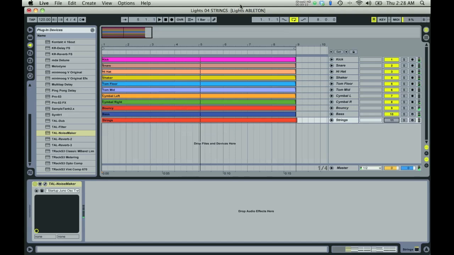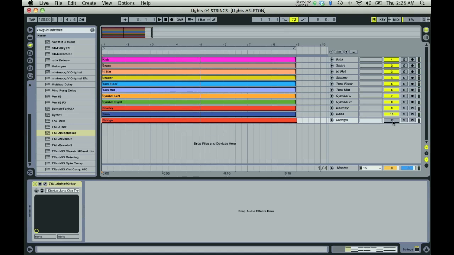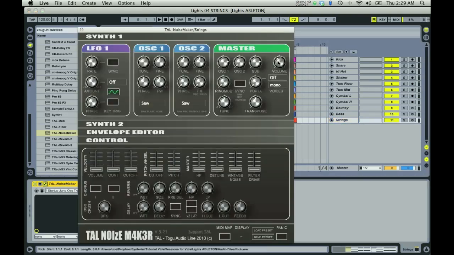So now we're just missing the string sound, the synth string sound. A very bread and butter, common sort of pad used in a lot of tracks. I'm going to turn it down first because it's going to get way too loud if I don't. Okay, so what it sounds like right now is single notes first off, but we're playing multiple notes, so we got to give it more voices. No sub-oscillator. That's a little bit better.